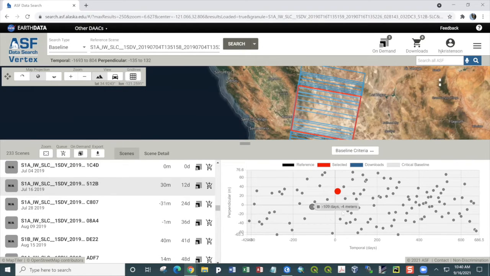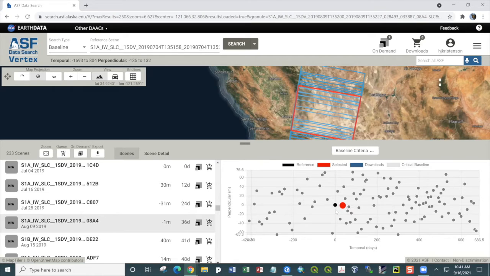So if I look at some of the other acquisitions that were acquired after the earthquake event, there's this one here that was 36 days later, but it's extremely close in terms of where it was acquired in space. So when you're choosing what your temporal and perpendicular baselines should be, it can depend on your particular situation. So in some places, if it's a fairly stable environment other than that deformation, it may be okay to have a longer temporal baseline, and you can choose then the narrower perpendicular baseline to get that tighter correlation of